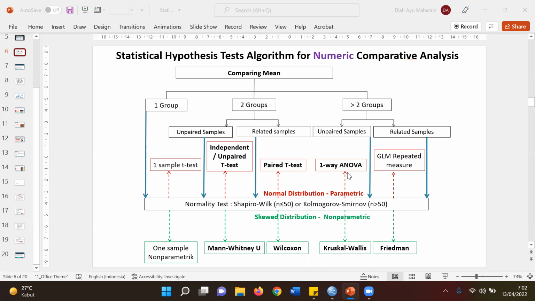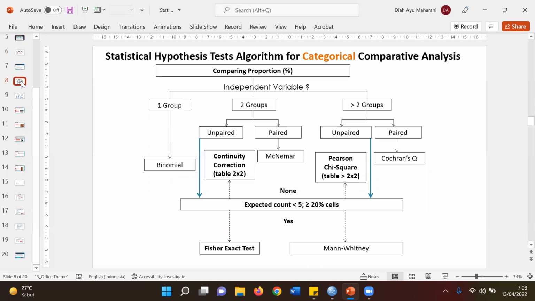So those are parametric tests. The previous video also described how to do the Mann-Whitney, Wilcoxon, Kruskal-Wallis, and also the Friedman test for skewed distribution, or not normally distributed data, or non-parametric analysis. In this video, I will share how to conduct two kinds of categoric